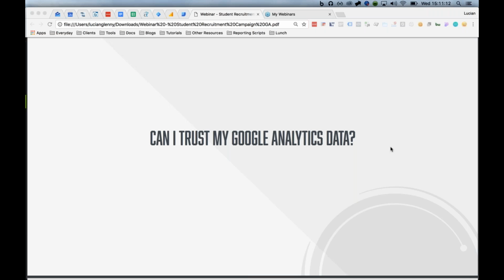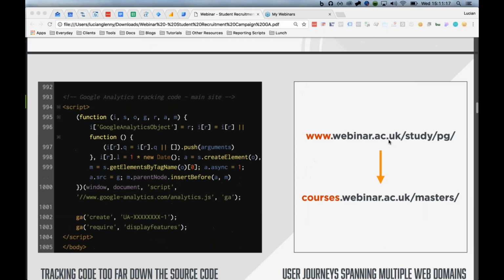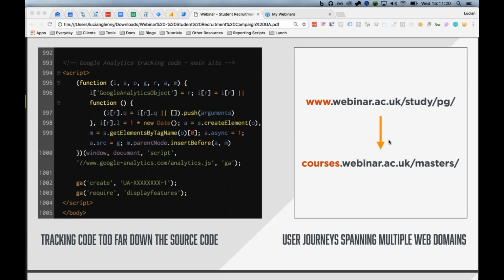So I noted down in these slides just a few of the common issues that you can encounter. So let's have a look here. You'll immediately notice we've got an example of the Google Analytics tracking code on this slide. If anybody's not particularly familiar with code, then don't worry. This isn't something that you have to be a web developer to understand. What I wanted to point out here is that in this example, we have code that is placed too far down the source code, if we look at the line numbers on the left-hand side of this screenshot. So this is one of the common problems we see with analytics accounts,